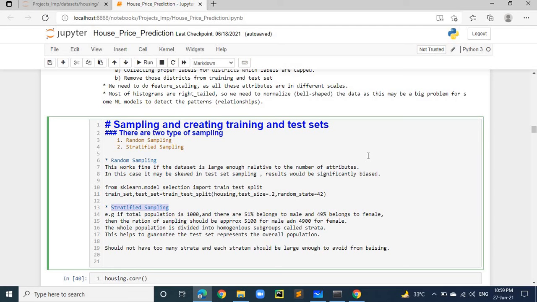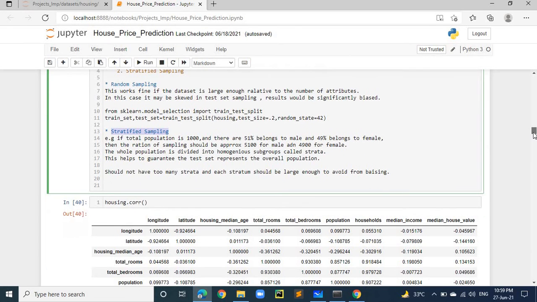So the imbalancing of sampling should not come into the picture. To avoid the imbalancing of sampling, use stratified sampling. In stratified sampling, we need to create different subgroups, called strata, and these strata are homogeneous in nature. That means if one group in the training data set contains 30% of the records, in the test data set it must also contain 30% of the records.